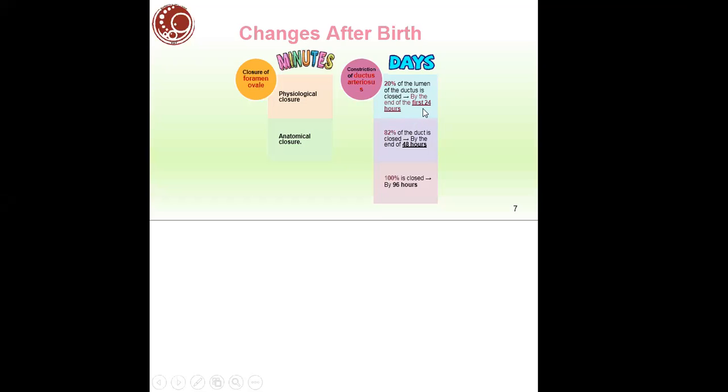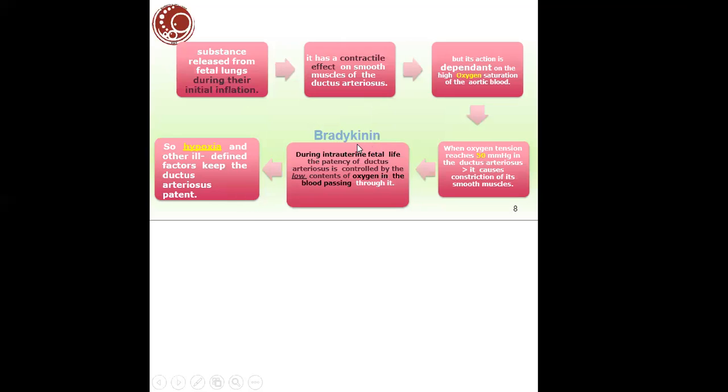By 24 hours, there is about 20% closure. Then 88% of the ductus is closed by 48 hours, and 100% closed by 96 hours or 4 days. Now here, after